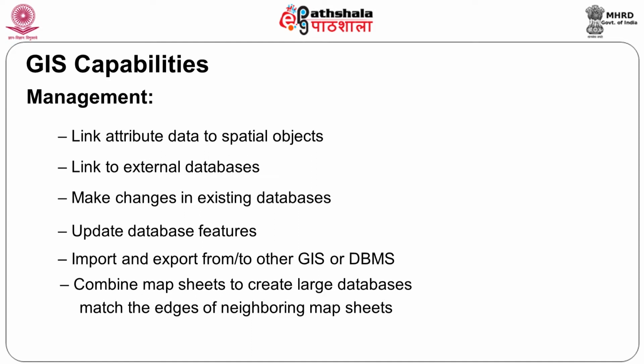Just to start with, the capabilities of a GIS: data management. How do you manage the data? First thing is that you have to obtain the data pertaining to that particular object, the attribute information, and then attach that to your spatial object. So, the field data to spatial objects. Again, this is also in the field only, but still we are able to do that. The software should also have the capability to link the